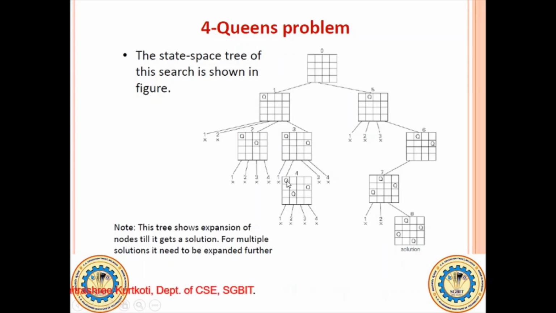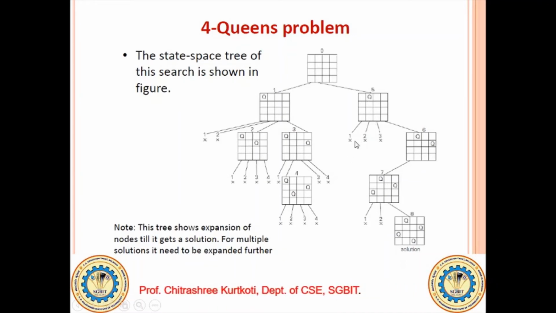Next, what we have to do? We have to go back and look into the place of queen 1. What is that place? It has occupied the first place. So next we have got three more places for this queen 1, so it has three options. Next we are going to check the second place for queen 1. That is shown here. You can see here. Yes. So queen 1 is placed in the second place.